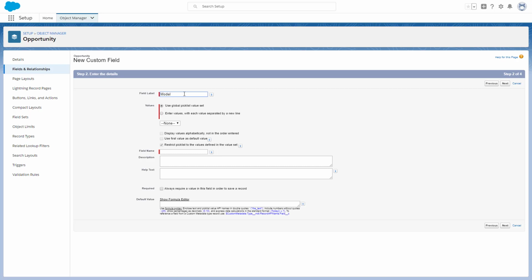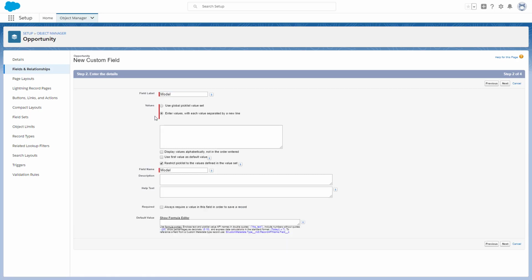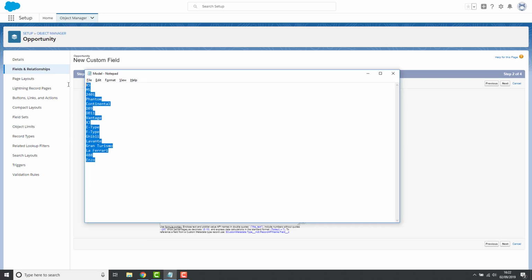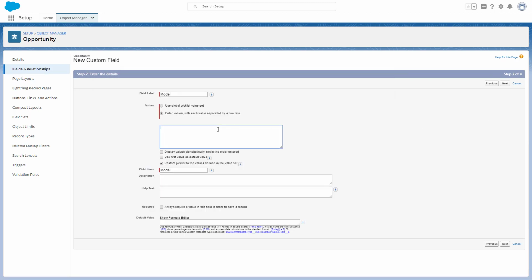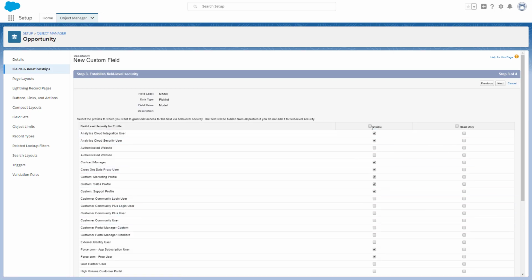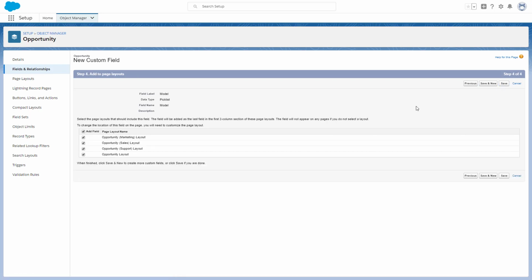Select the radio button which says Enter Values, and I'm going to copy and paste the values from my text document and paste them into this box here. Salesforce knows when you put a new line in this box, that's going to be a new value. When you're happy with that, go through and click Next. And I'm going to enable this for all profiles just for this demonstration purpose. And if I click Next, I'm also going to allow this field to be put onto all the opportunity page